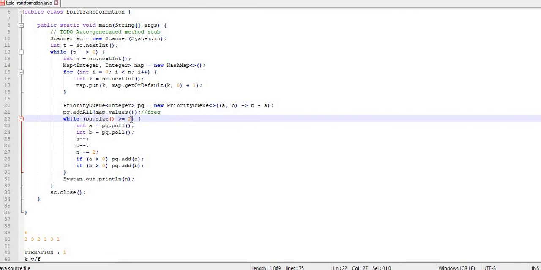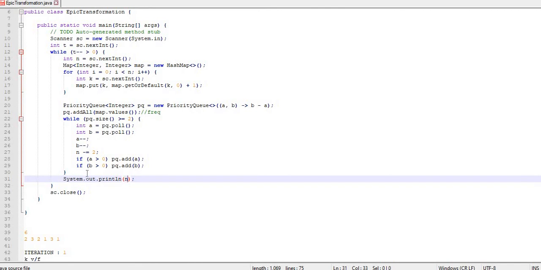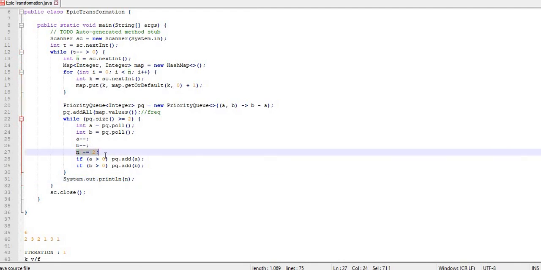And once the size is less than 2, it can be 0 or 1, that is going to be the size of my array basically. So here I can put pq.size as well, or since every time I discard a pair from the size of the array, even n is fine.